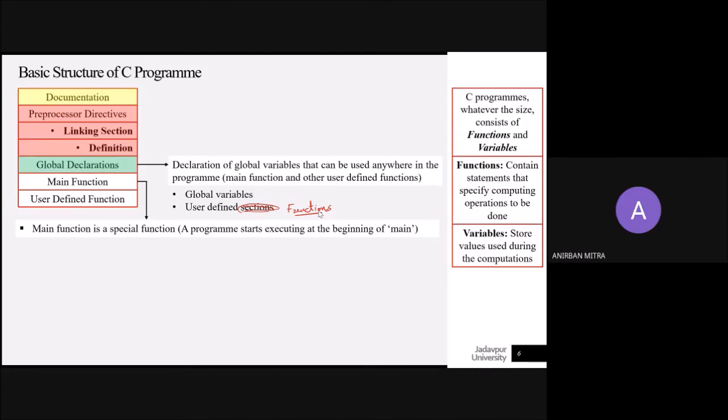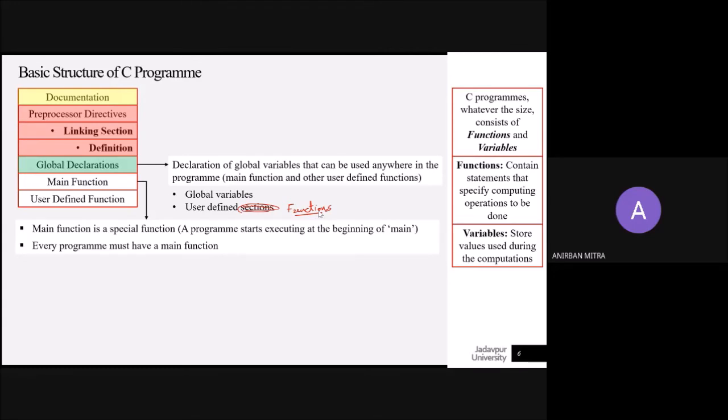Why does it look for the main function? Because the execution actually starts at the beginning of main. That is why this is the main function. All other functions would be called up by the main function itself. So that is why it is called a special function, because a program starts executing at the beginning of the main.